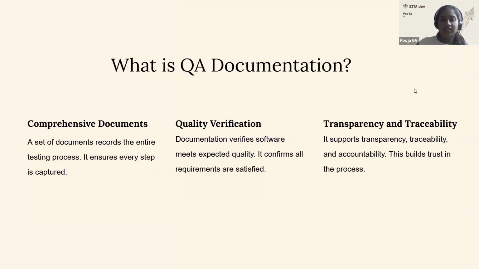So let's see what this QA documentation is about. It's a comprehensive documentation which includes the whole set of instructions, details, and information about the testing process, from the beginning of the testing phase to the end or conclusion of the testing process. So we ensure all the steps are captured here and all the information regarding the testing has been included